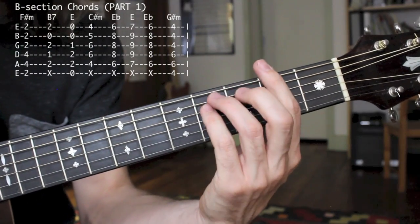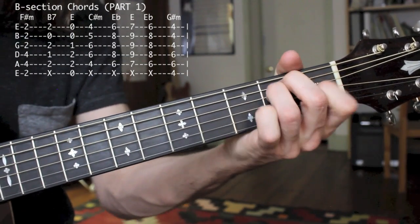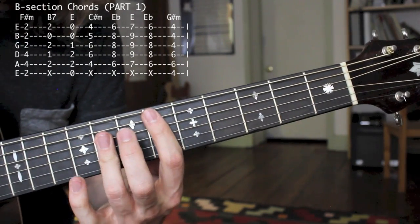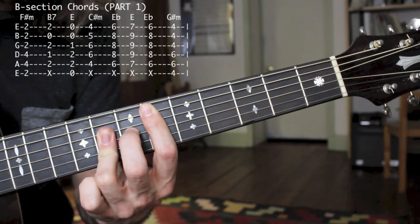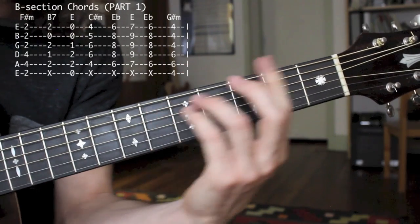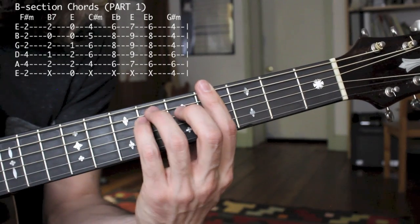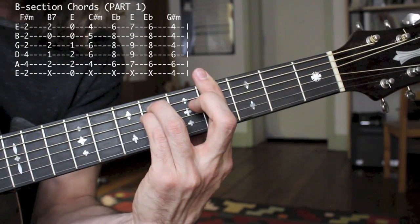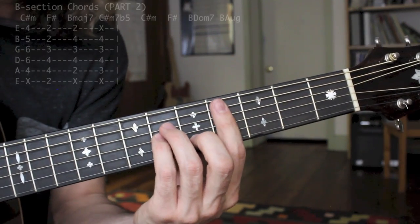Okay, to put that into context, F sharp minor, B dominant 7, E, walk, C sharp minor, E flat major, to the E, and then back. So it's just a very quick modulation before going to G sharp minor. It's the same chord we had here, but up one whole step, barring everything on the 4th fret. My 3rd finger and pinky are on the A string and D string of the 6th fret. Sometimes I like to throw in a very dramatic stop before going on to the next part. C sharp minor,